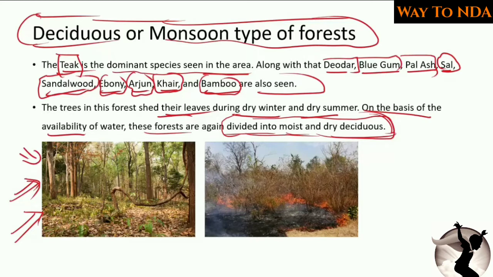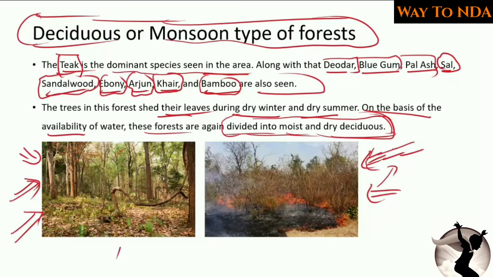after the photosynthesis done by the trees, whatever water is available in the tree, through the process of transpiration the trees put out the water through their leaves. So to avoid this, the trees shed their leaves so that they can conserve the water. Okay, so that the process of transpiration does not happen. For this purpose the trees shed their leaves, and majorly in the summer season,